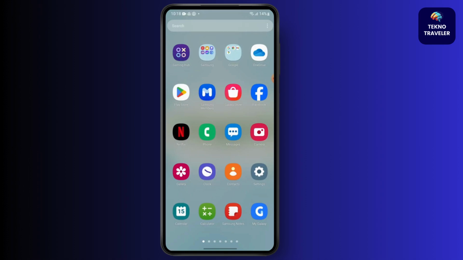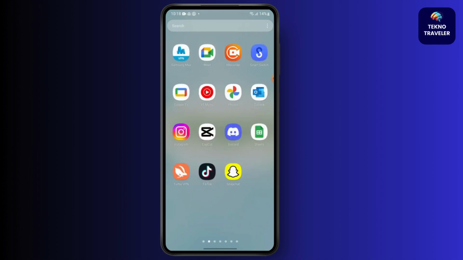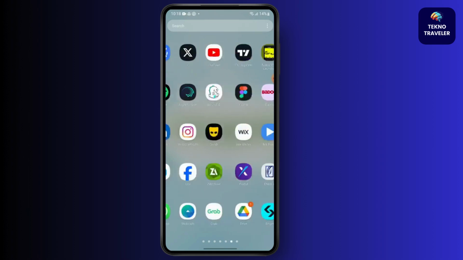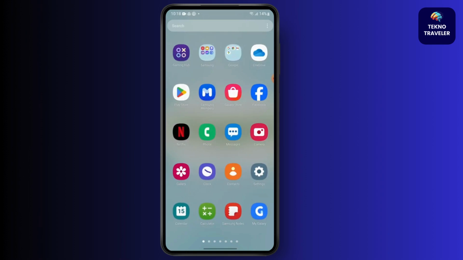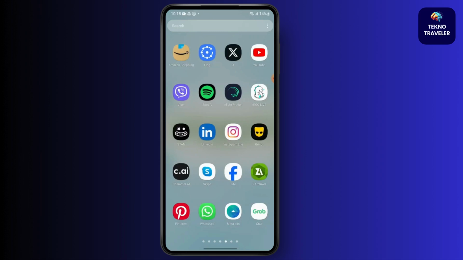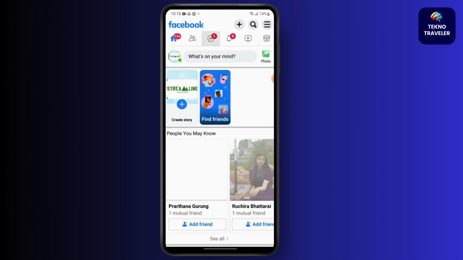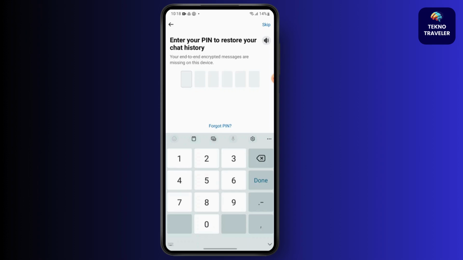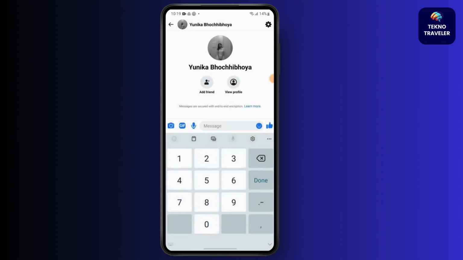Knowing if a person has read your messages on Messenger is quite simple. Just go to your Messenger application and then simply go to the message section. I do not have the Messenger application installed, but I will show you by using Facebook Lite. So simply go to the message, and if the person has read your message,